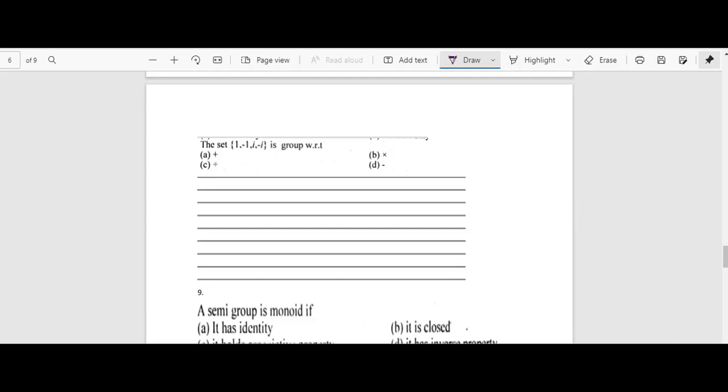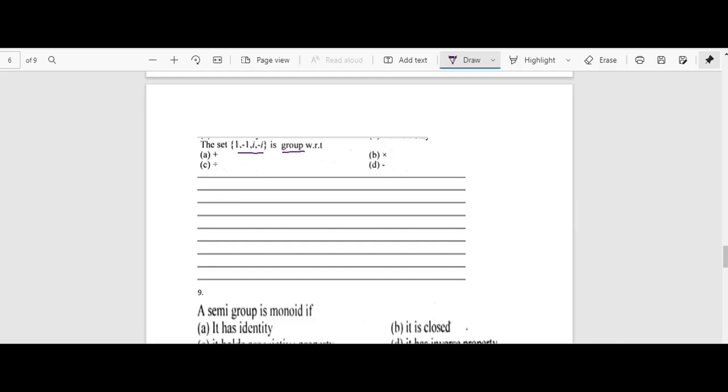All right, so we are saying that this set is going to be a group, and we have some conditions, right? We need to have the identity element, we need to have the inverse for every element, and it should be closed, right? Okay, now obviously if we talk about addition,